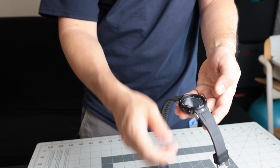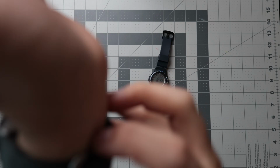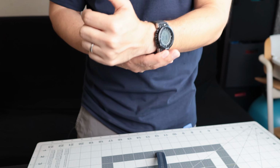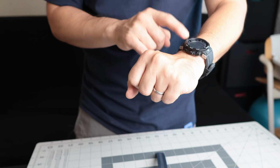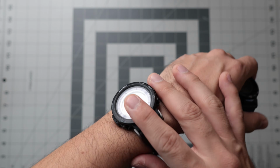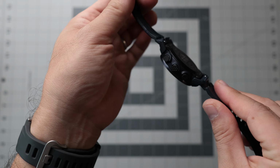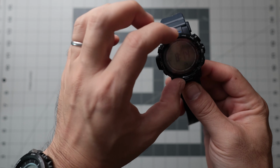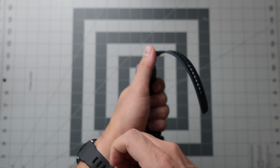Let me swap here. While the PRW wears okay, as you can see, I got it on the 4th buckle on my wrist, by the way, and it wears okay. I don't mind actually wearing this watch, and the sizes are not that big of a difference, but in terms of the size versus the PRG-30 compared to the 35, it is a little bit bigger. So while the PRG-30 wears okay, the PRW-35 looks way better on my wrist in my opinion, because it's just a little bit smaller. And so although they have a thicker wrist presence from the side, I think the PRW-35, by being a little bit smaller in terms of size, helps to somewhat counter that